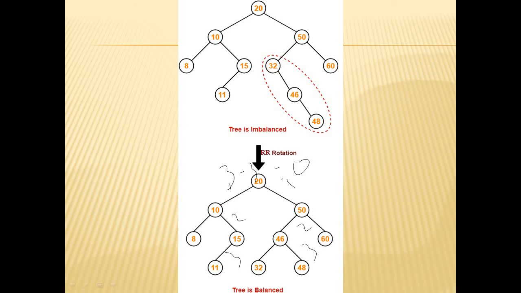If you know about these 4 rotations, then only we can solve an AVL tree. In an examination there is also a chance to get this AVL tree. So before going to the examination, you should concentrate on these 4 rotations. Most important, if you know these 4 rotations, then only we can work. Otherwise it is not possible.